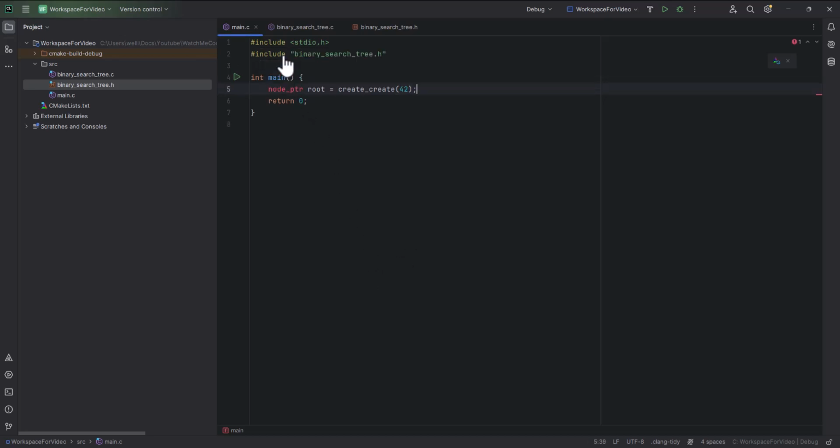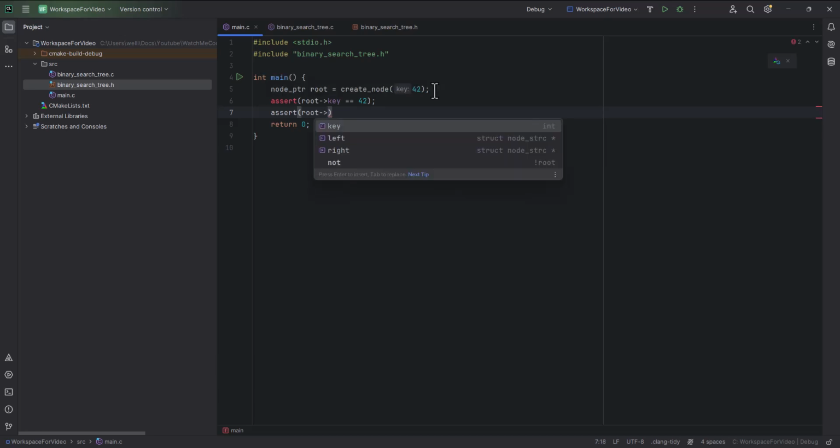I have to import my H file. Oh, create, that's a fascinating way to name that. Create node 42. And then if I did that, I should be able to check that the root, that node's key should be 42. And both of its children, its left and its right pointer, should be